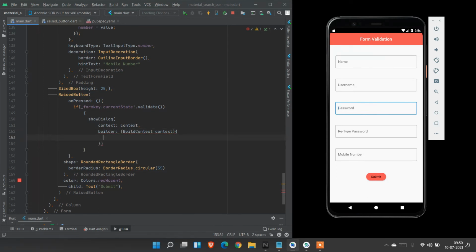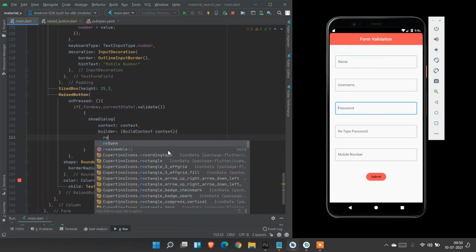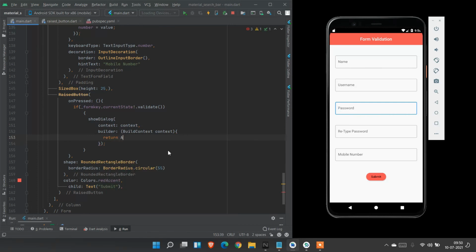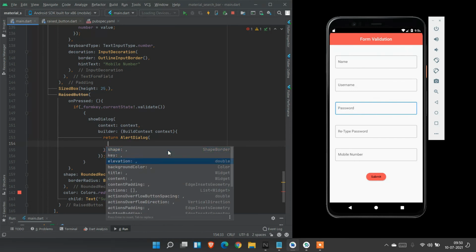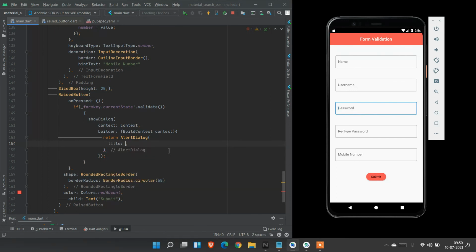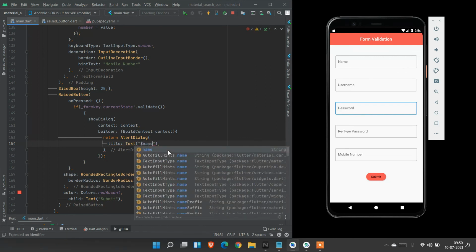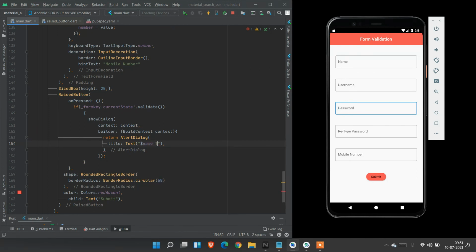Inside this we need to return an AlertDialog box. Here we are going to use title as a text. The text must be thank you for the name, so I use the name variable, thank you for submitting. When I save and see what happens, I saved.